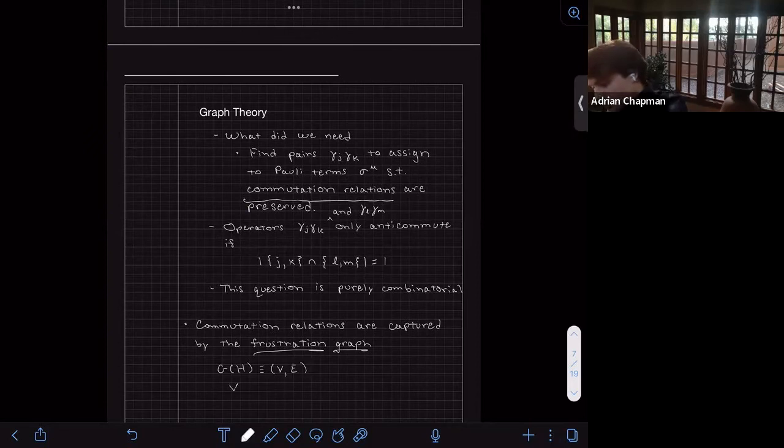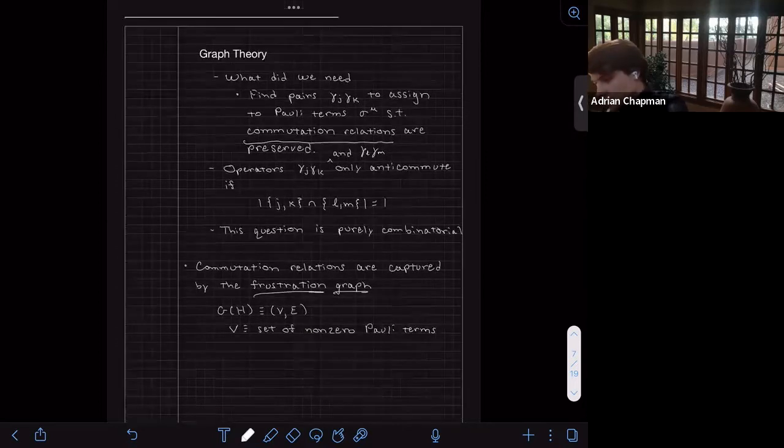The vertices V are the set of non-zero Pauli terms in H. And I want to give an edge condition. A pair of terms U, V is in the edge set, in other words, they're neighboring,